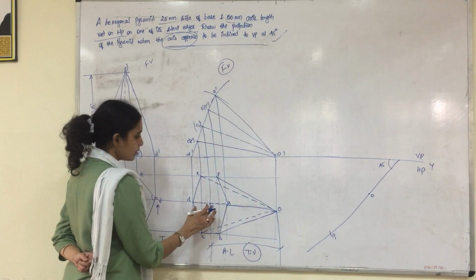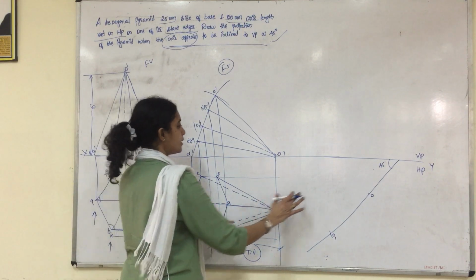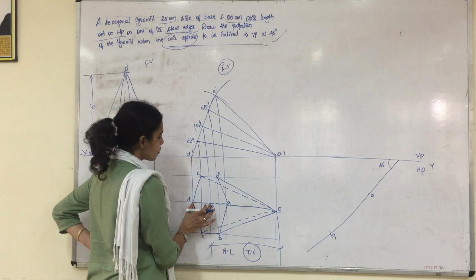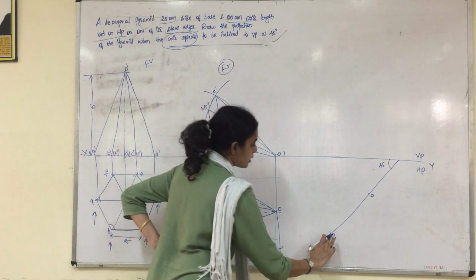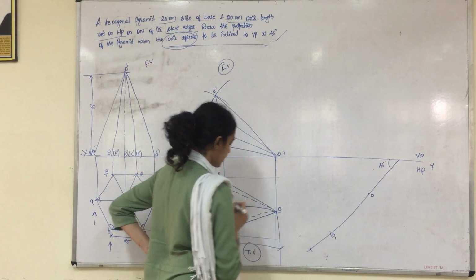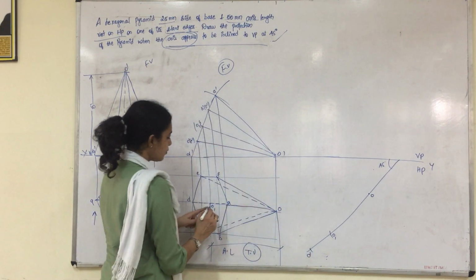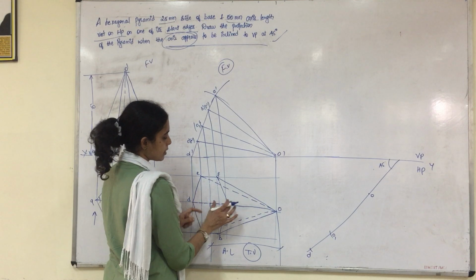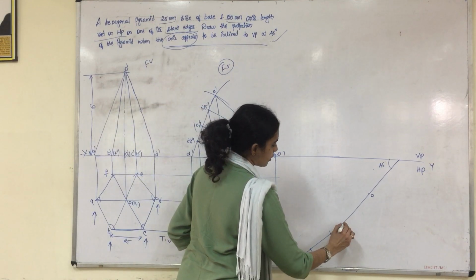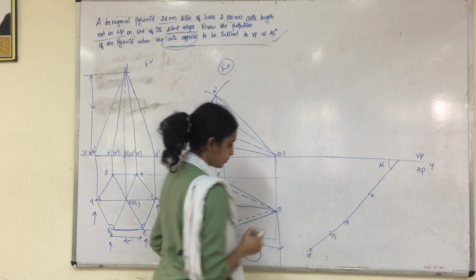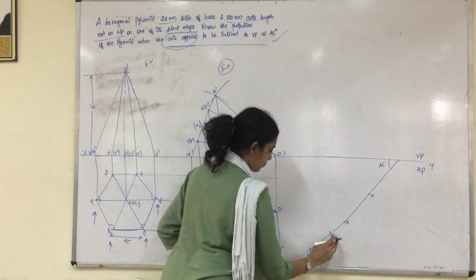So from O1, now we have shifted the apparent length on the 45 degree line. So you have to measure the remaining part. So from O1 to D, what is the distance? You measure here and cut an arc. So you got the corner D. And again from O1 to A, what is the distance you measured? Come back here and just cut an arc. So this is our A. Right?